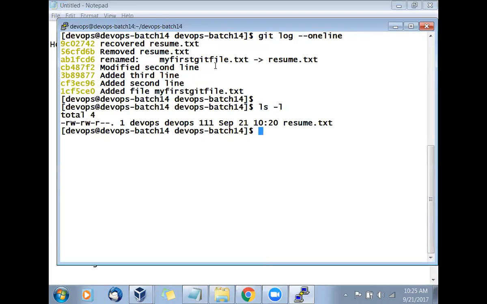Git has a mechanism that keeps them. It is not going to lapse with respect to time, unless you say you don't want those logs.